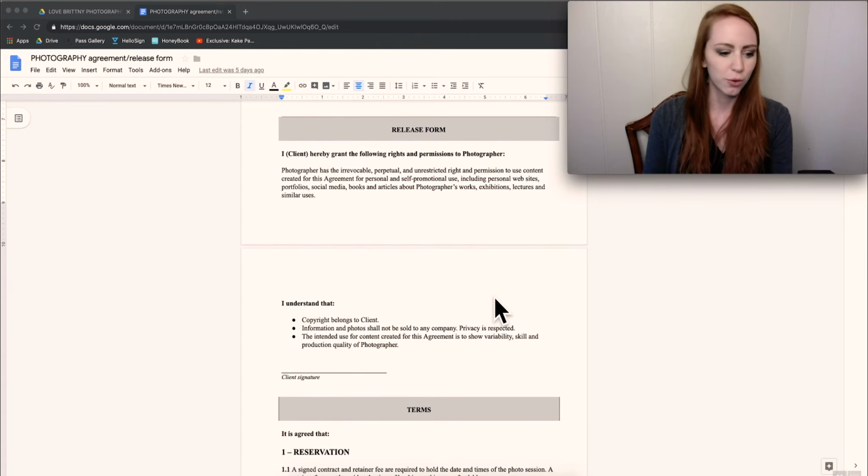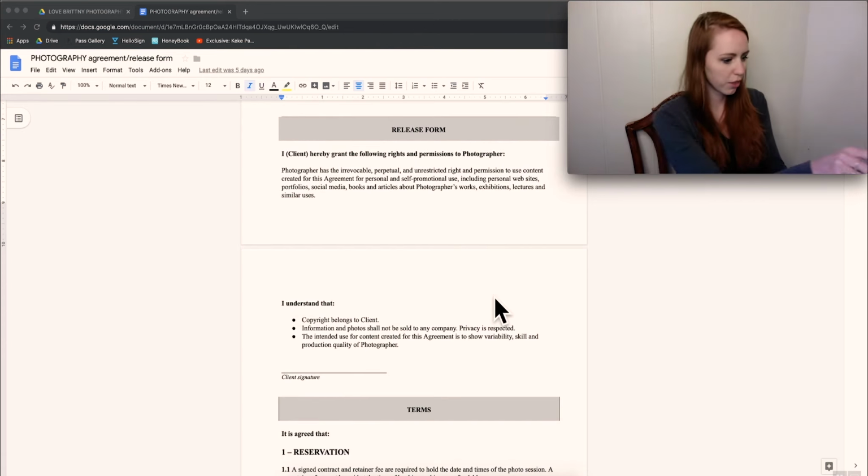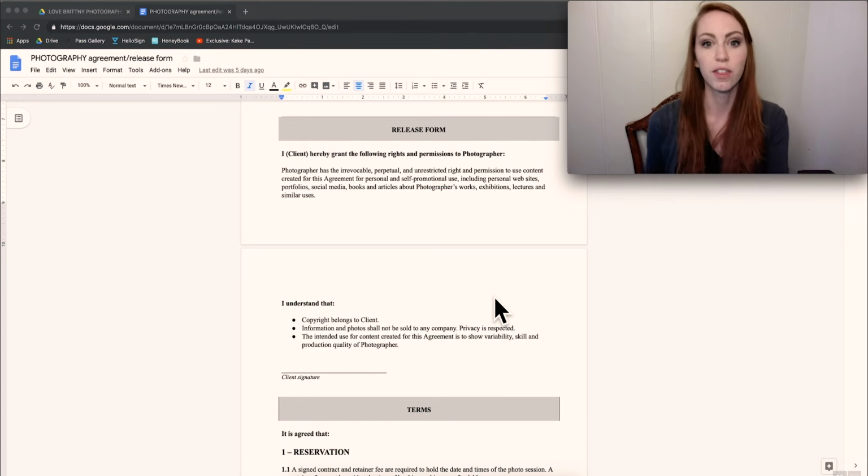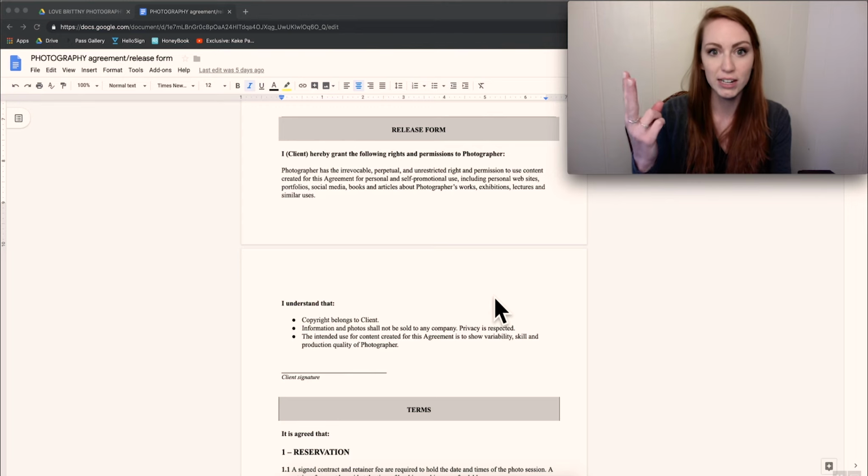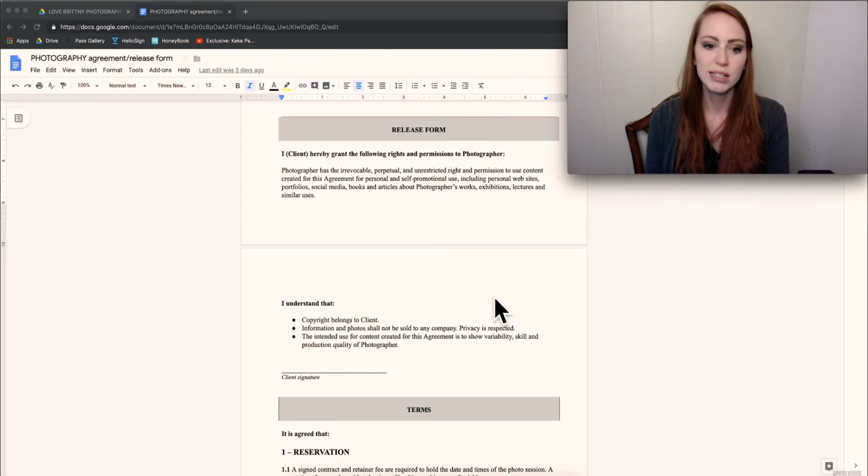And then here we go, the release form. So the release form is important. I put it in here into the contract so that they don't have to sign a release form and a contract. Like I don't want to have to send two documents. They don't want to have to open two documents. So I put it in the same place because it's easy, but also because when you do your sales call